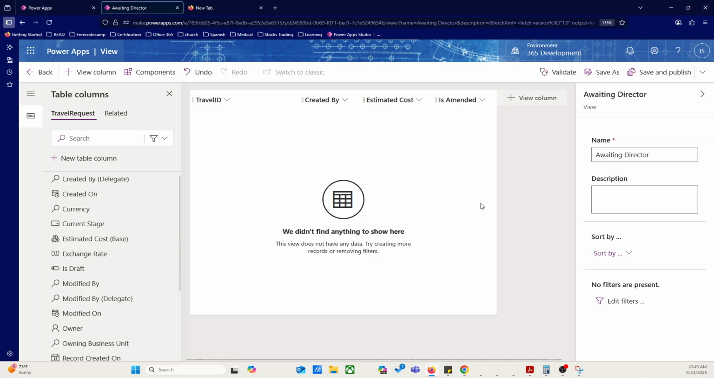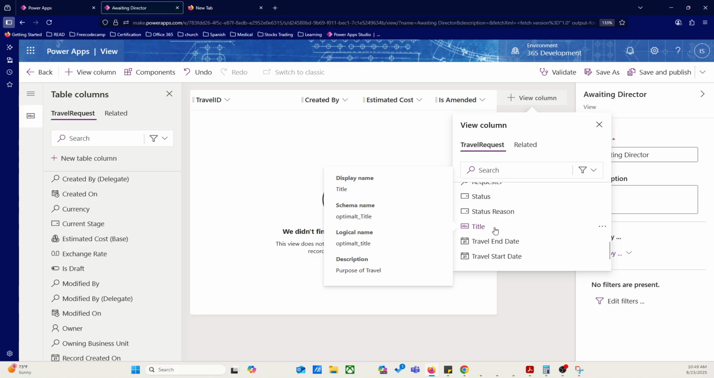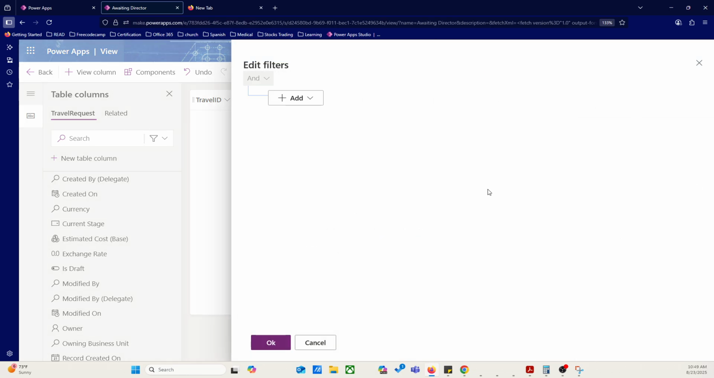Is this amended, or let's say, is it a draft? Let's say status. Stuff like that. So once I do that, now what I'm going to do is right here on the right hand side, I can come down here to edit filters, click on edit filters. It says add, and I'm just going to add a row,